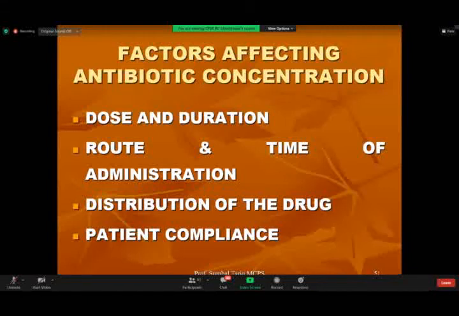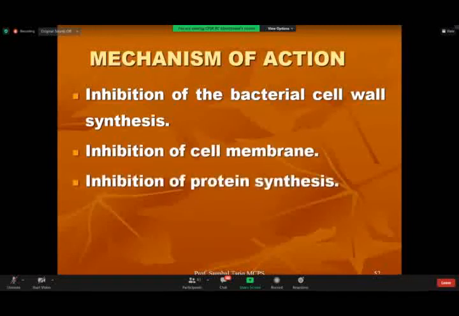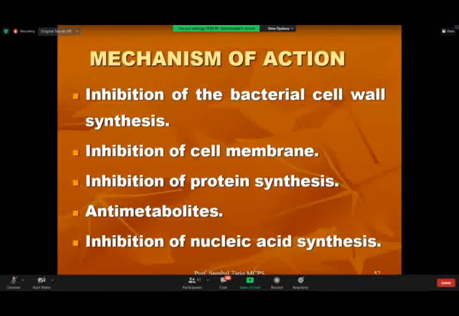Compliance का मतलब क्या है कि the patient takes the drugs on time, and if you have a patient who is not compliant, giving him any sort of drug is just an invitation for the bacteria to become more and more resistant to drugs which are available. As I think I shall go on to the mechanism of action of the various antibiotics available in the market.